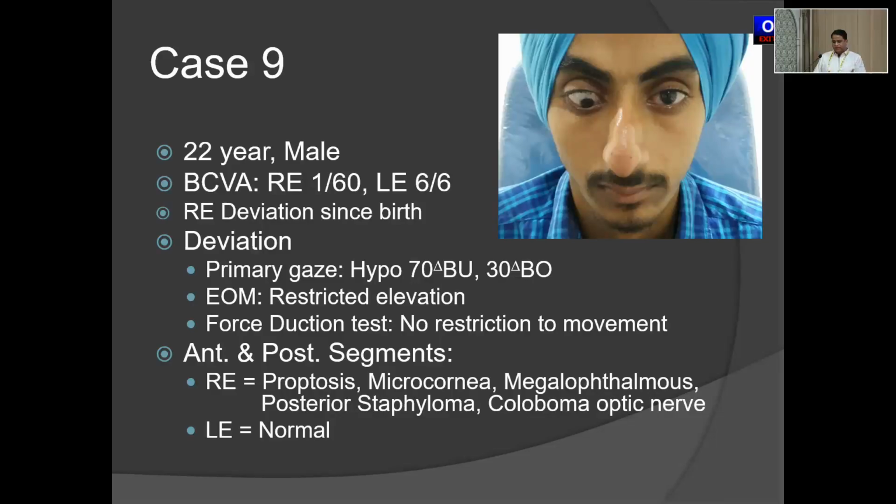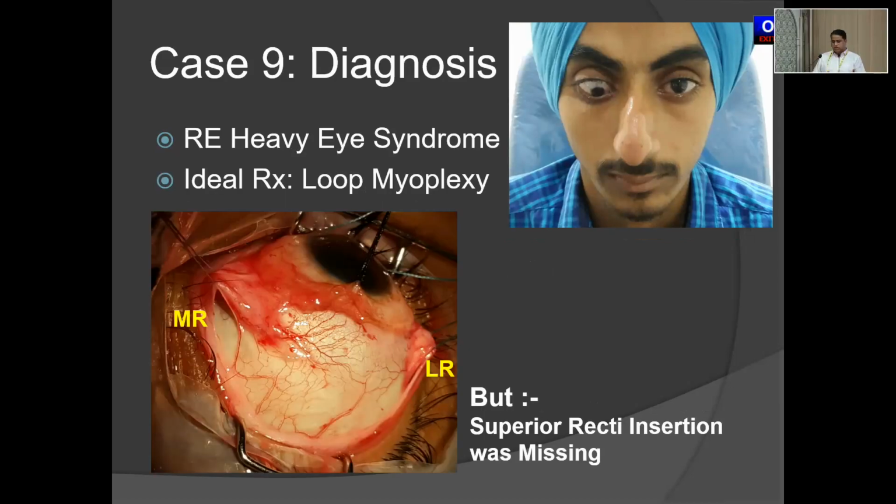This is a special case very close to my heart. This was a heavy eye syndrome where there was a hypertropia of 30 base up and 30 base out, and there was restricted elevation. And when we were doing surgery, we found out that there was no superior rectus in the